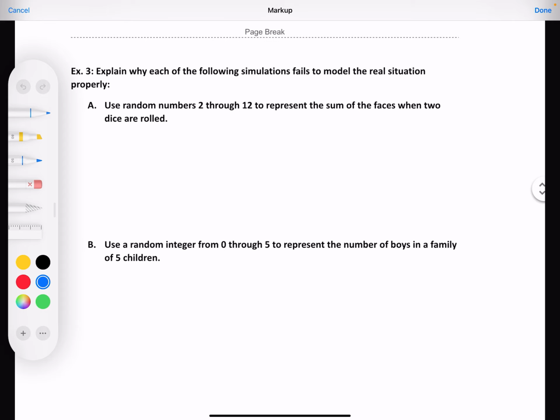Okay, so if it was truly random, all outcomes would have to be equally likely. So in this case, the problem is that not all outcomes are equally likely.